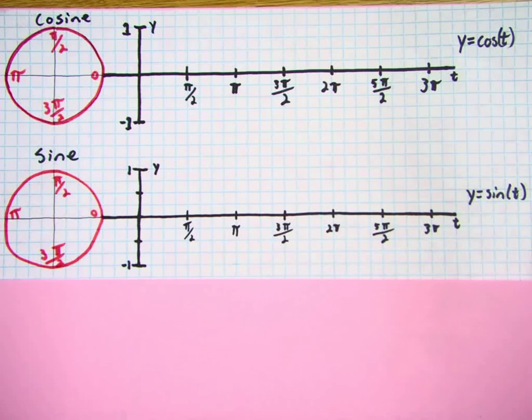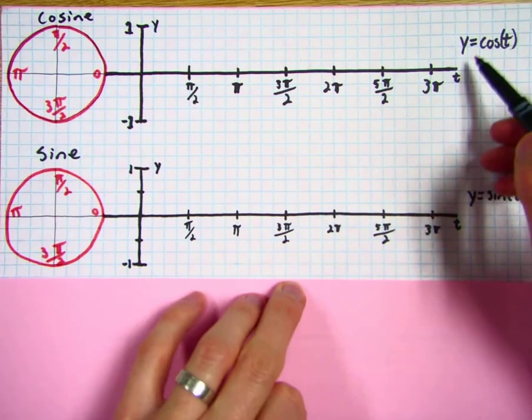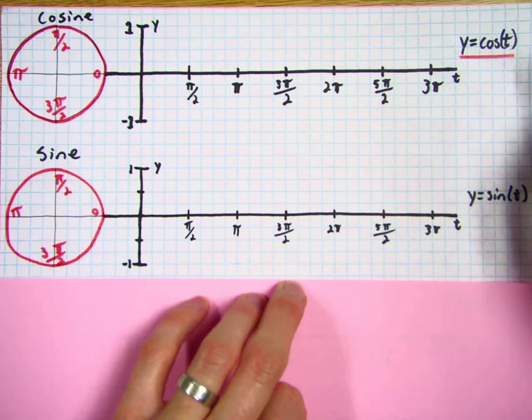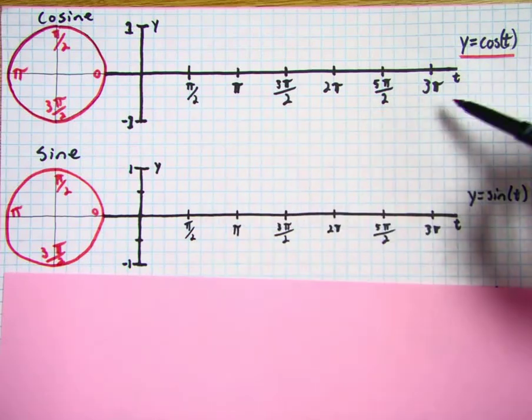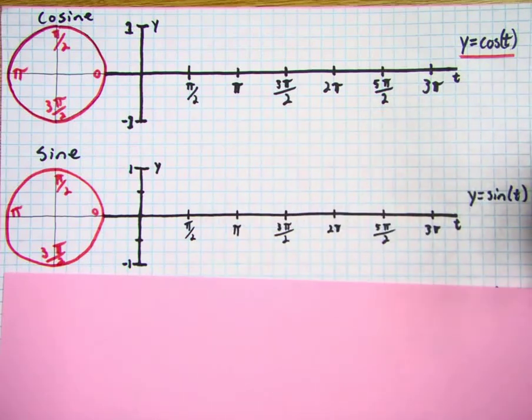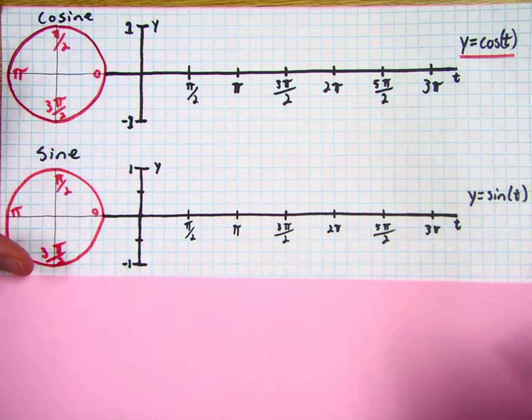And so what we're going to do first is we're going to look at the graph of y equals cosine of t. T is just a variable, but we're going to use radian measures for this. And then I'm going to remind you of those radian measures before we get started here and how they relate to the unit circle. So if you remember,